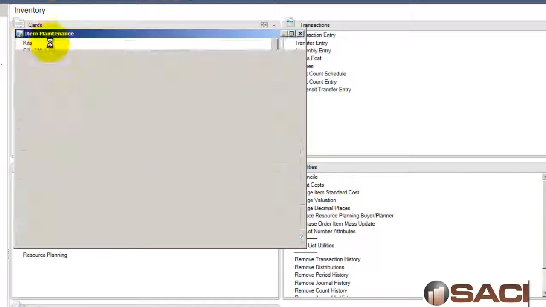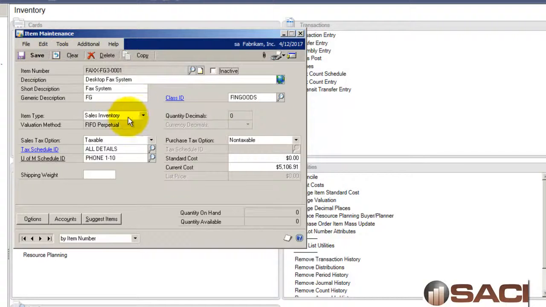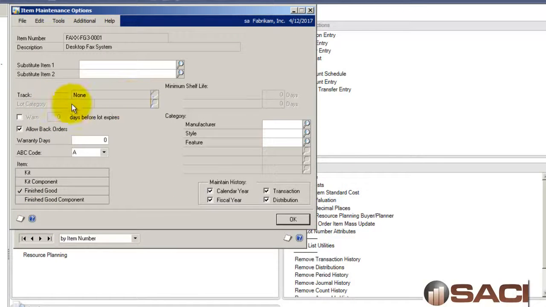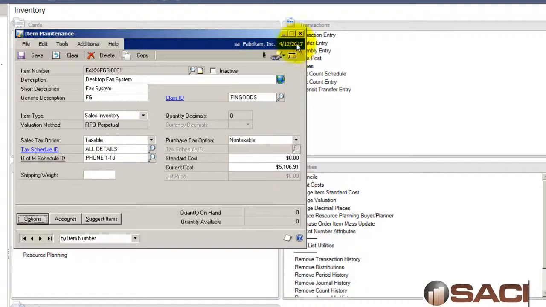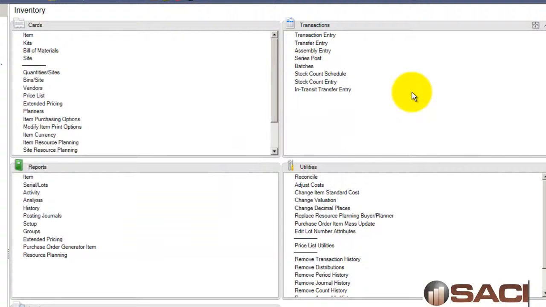Let's pull it back up again. Let's take a look at it one more time. Okay, and let's go to options, and we can see we're not tracking anything right now. No serial numbers or lot numbers, but you can track the serial numbers and the lot numbers that become part of the item, so that as you sell it to the customer, you'll know specifically which data card went in